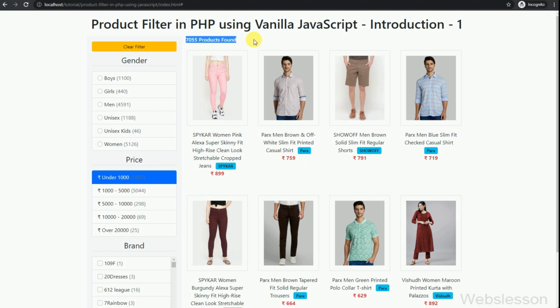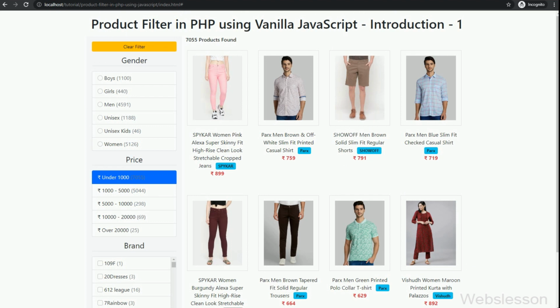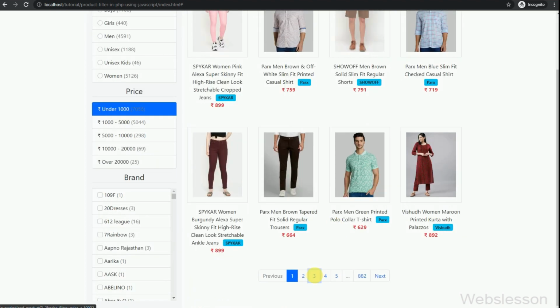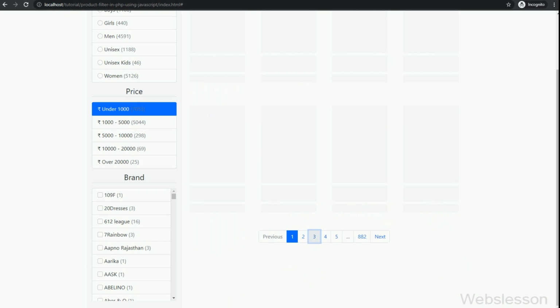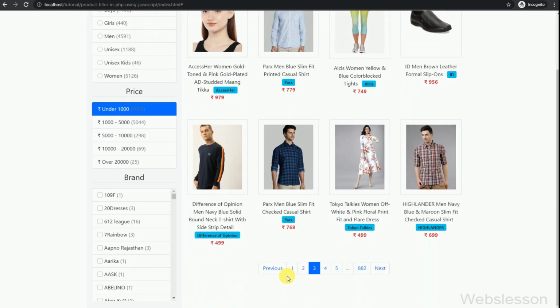More than 7000 products have been fetched from the database with a price less than 1000, and they are displayed on a web page without refreshing the web page. And below the products in pagination, the page numbers have also changed, and by clicking on another page number, we can see other page products which come under 1000.